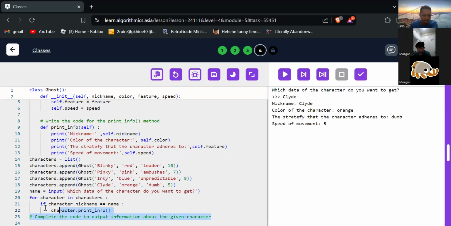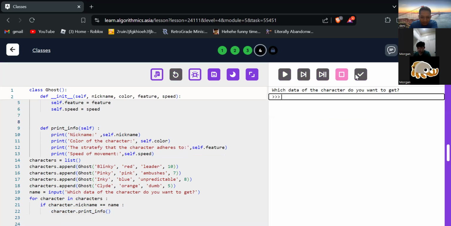Wait, I will check it. Character print info. For character in characters.